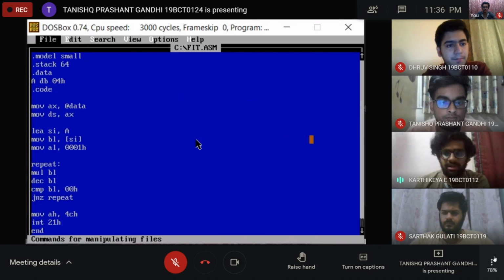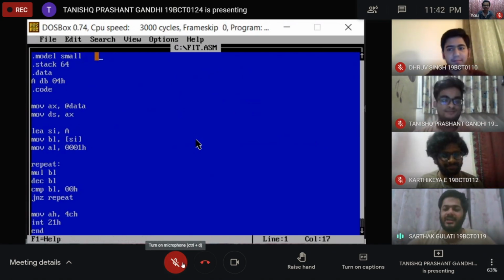DB is an assembly directive used for allocating and initializing single or multiple byte data. Here it means that A holds the value 04H. Then .CODE is where the code is written for the program, and in this case it's a factorial program, which will be explained by Sarthak. Okay, so thank you, Kartikeya.